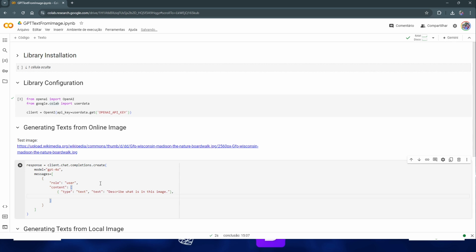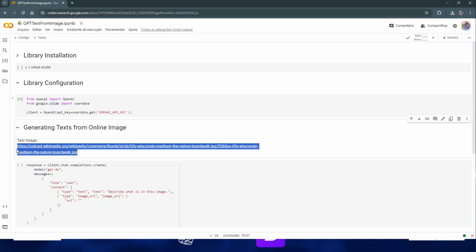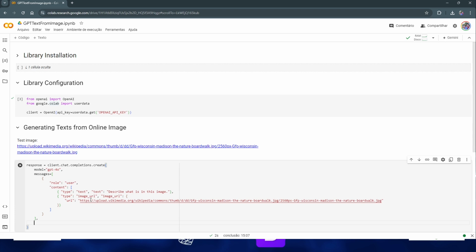For second content, send type image_url, image_url, receive an object with URL property, and here set the image URL, okay? And for max_tokens property, set 300.